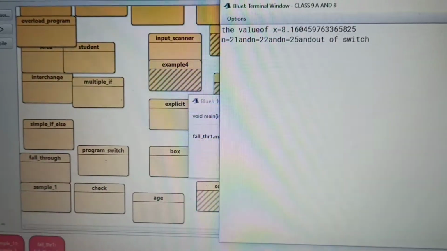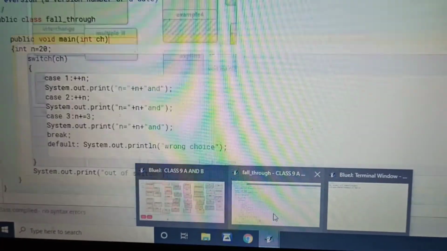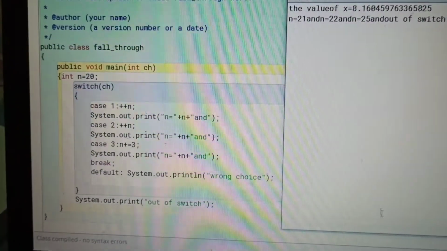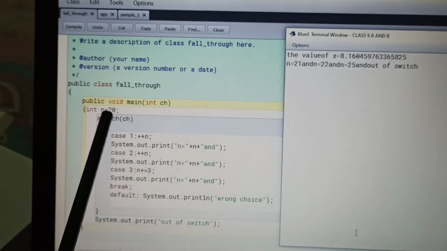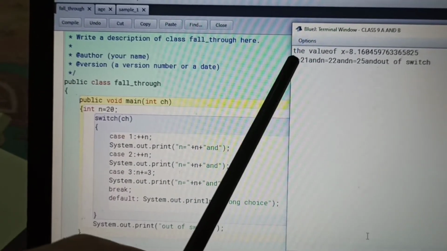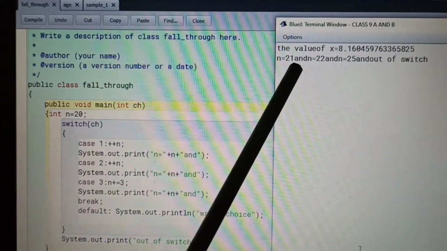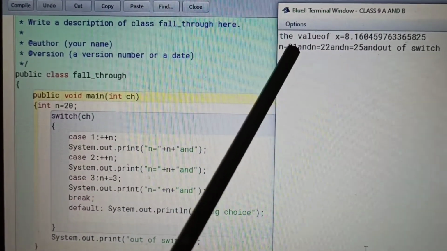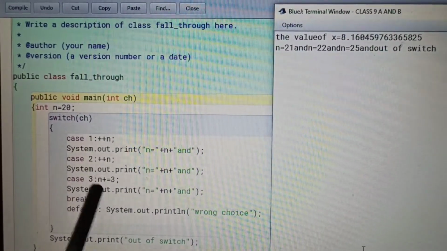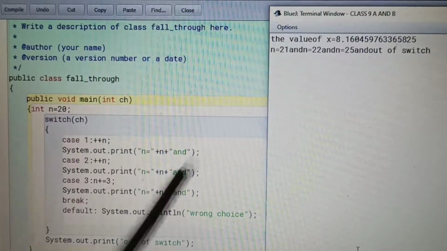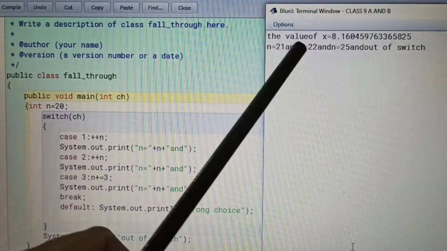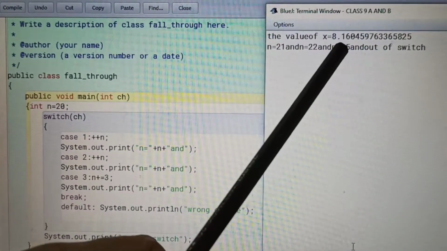I'll show you with the program. As you can see here, the present value is n equals 20. When n plus plus runs, it will show in the output n1 is equal to 21, and again n1 equals 22, and because n plus equals 3, the n1 will be increased. 22 plus 3 is what? 25.